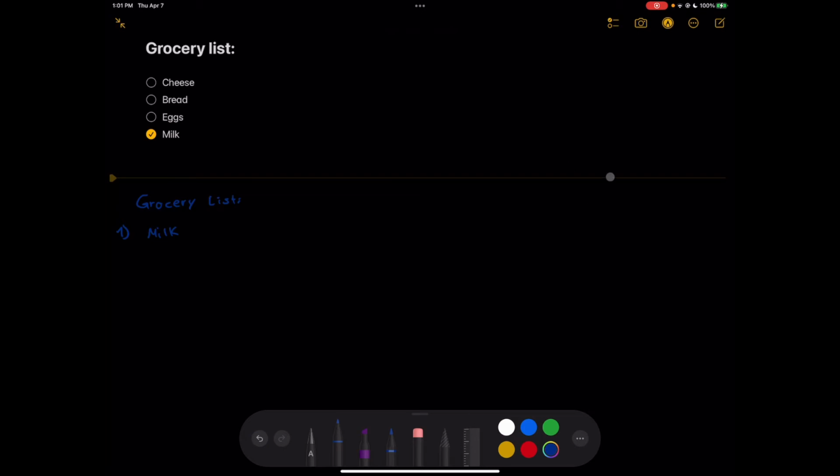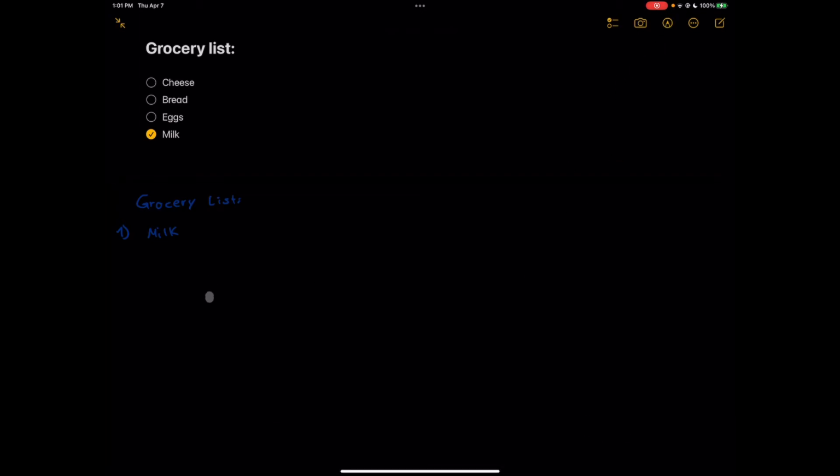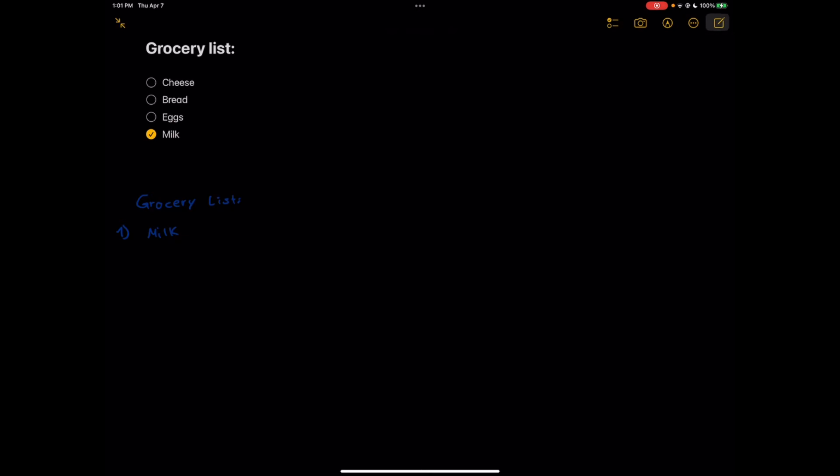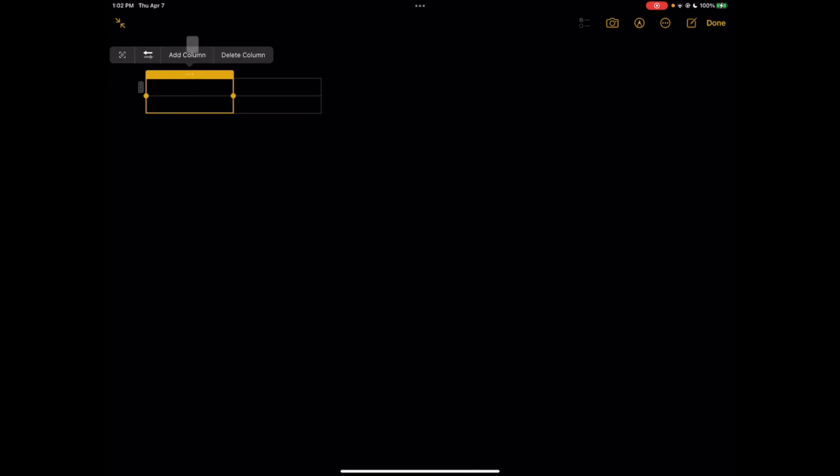And once you're done with that, all you have to do is click on this marker and you can go ahead and type whatever you want at the bottom. Now, the last thing to consider is that once you're done with your note, you can go ahead and click on done. And you can click on this icon here at the side to open up a new note. And the last feature I'm going to be showing you is the table feature, which is also very helpful. So you can click on this icon at the bottom here